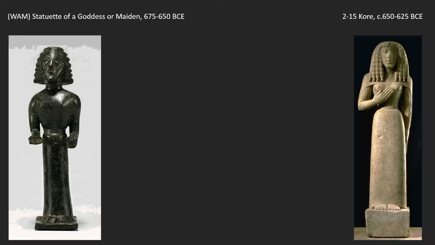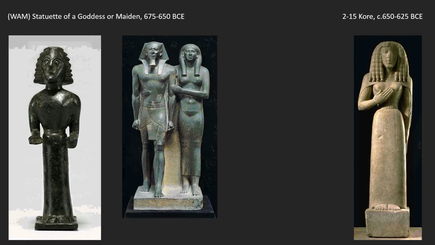The increasing realism that we see in the figures as we move through the 7th century and into the 6th century, this increasing realism probably comes from contact with ancient Egypt. And we know for a fact that in the 7th, 6th century, ancient Greece had increasing amounts of contact with ancient Egypt. Part of the way we know this is that in Greek mythology, the earliest sculptor